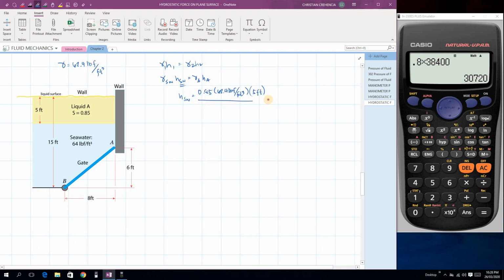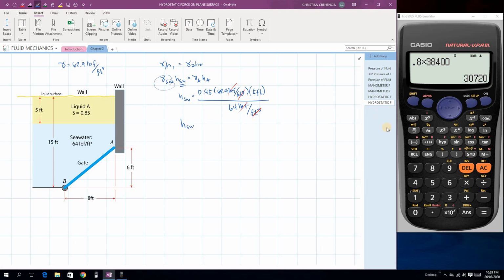Okay, so i-divide lang natin ng unit weight ng seawater natin at 64 pound force per cubic feet. So maka-cancel lang naman yung pound force and cubic feet. So may iwan is yung height ng